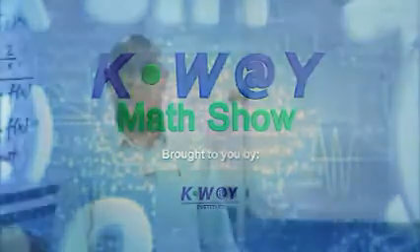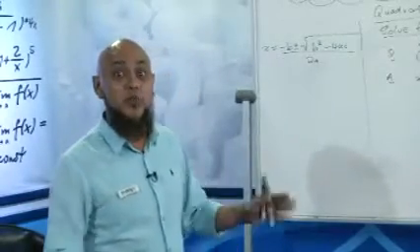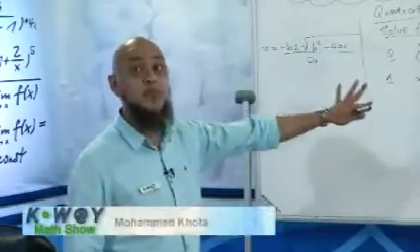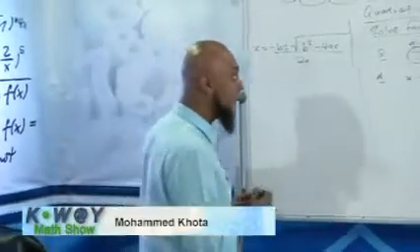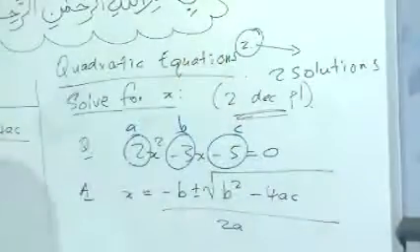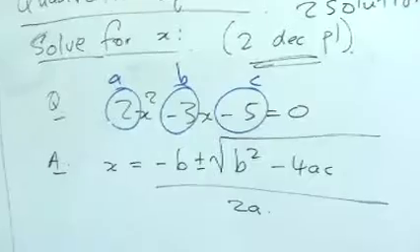Boys and girls, welcome back from our ad break, and I hope during our ad break you had time to attempt this. Let's see how right or how wrong you were. Let's get started. Okay, so we ended off with this 2x squared minus 3x minus 5 equals 0. It said correct to 2 decimal places.